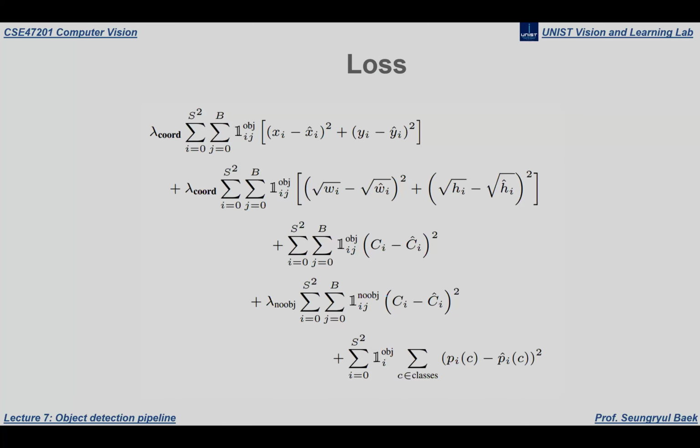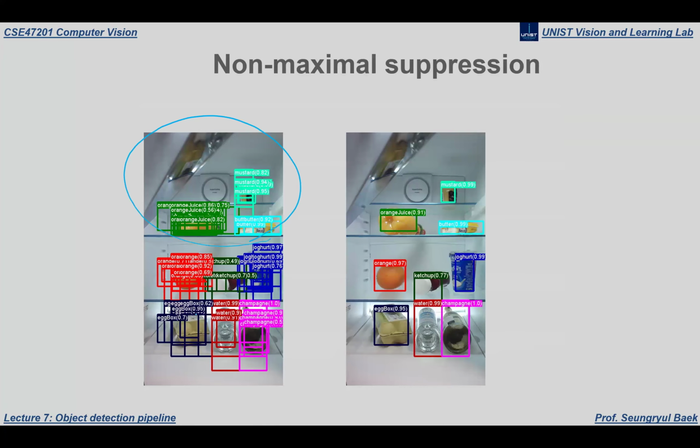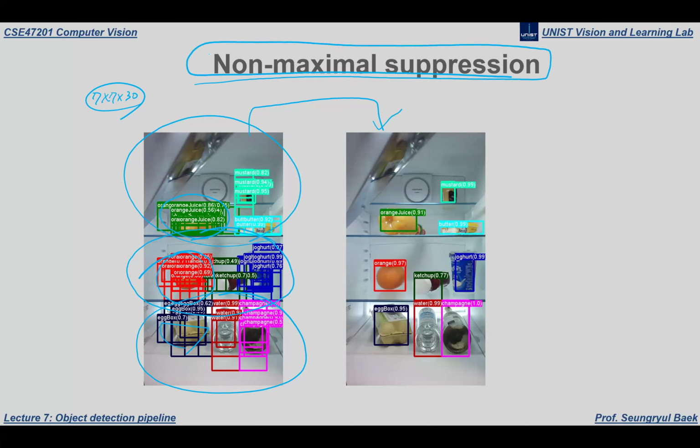I will explain this first. So this is the initial result coming from YOLO. If you plot the 7x7x30 dimensional output and visualize it, there will be many outputs that are closely estimated. Okay? So in a later stage, you have to apply the non-maximal suppression algorithm to filter out